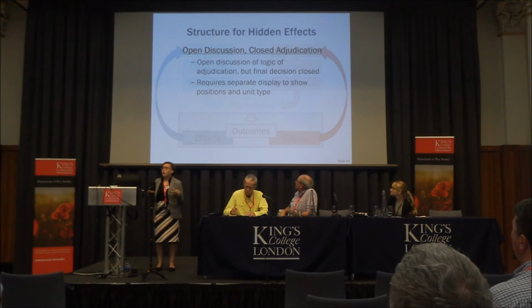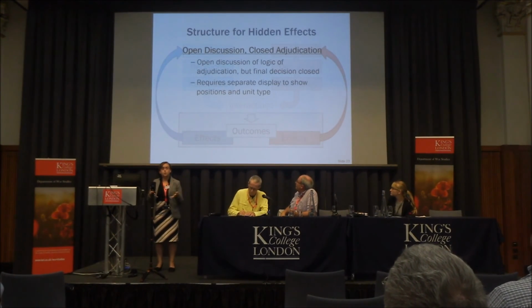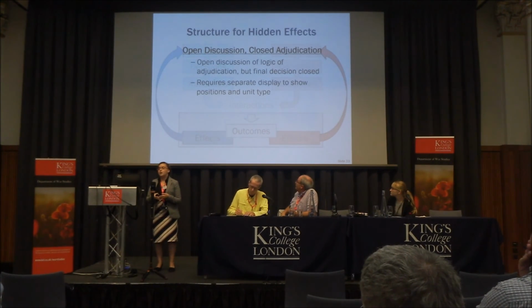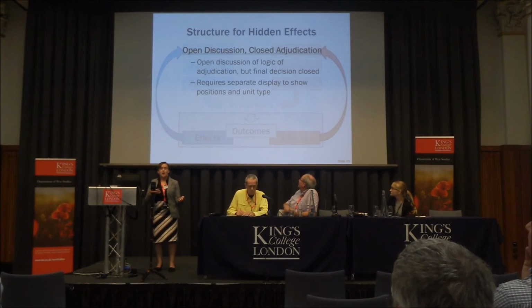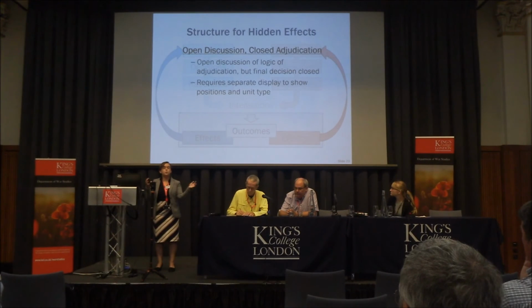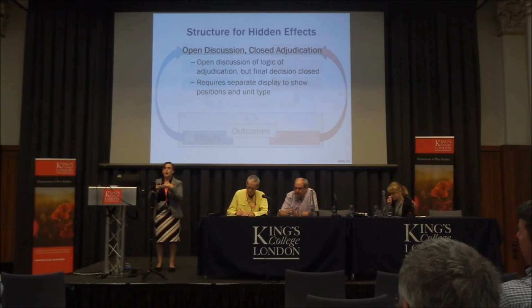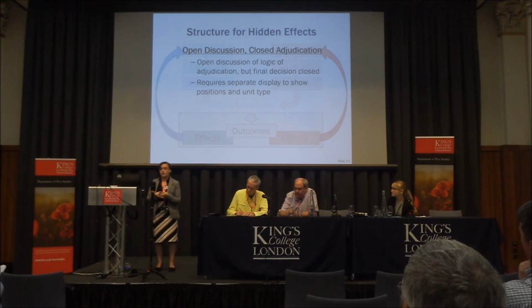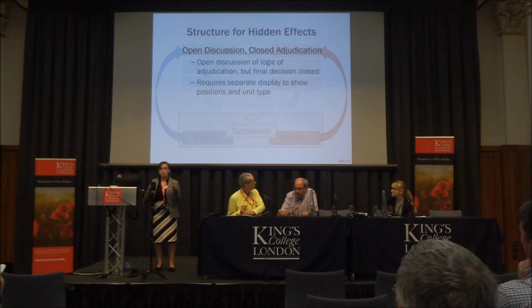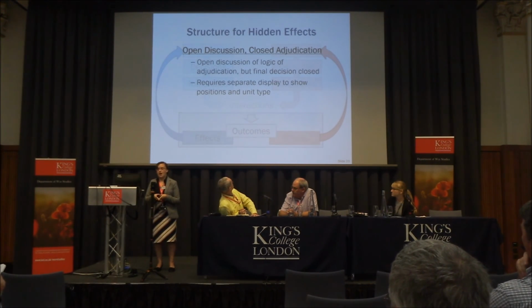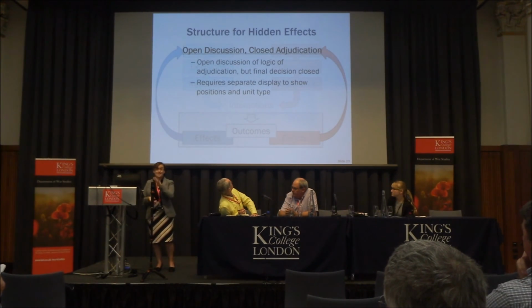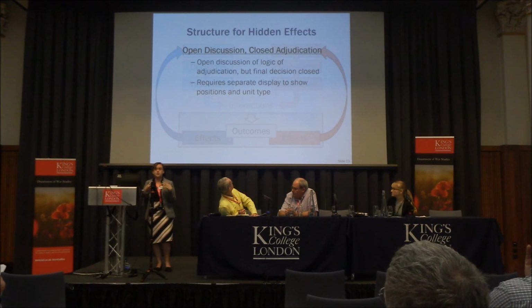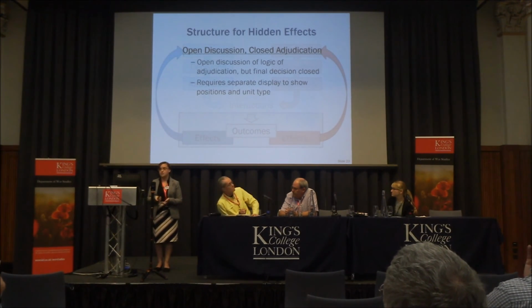And then the final one for hidden effects, again, I think some of the tools we have right now for thinking about having an open discussion and then just resolve it. So here's what the interactions are, here's what we think about it, and I just roll the die behind the screen. So you get the hidden effects, but you might not necessarily know where exactly those effects are manifesting themselves on the actual page. I think this is labor intensive, but relatively within the toolkit that we have as gamers right now.